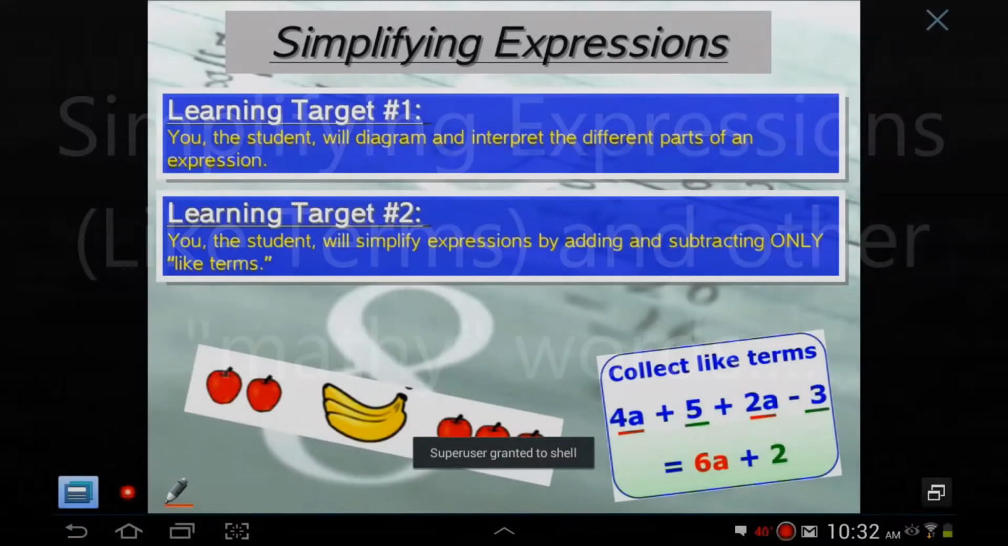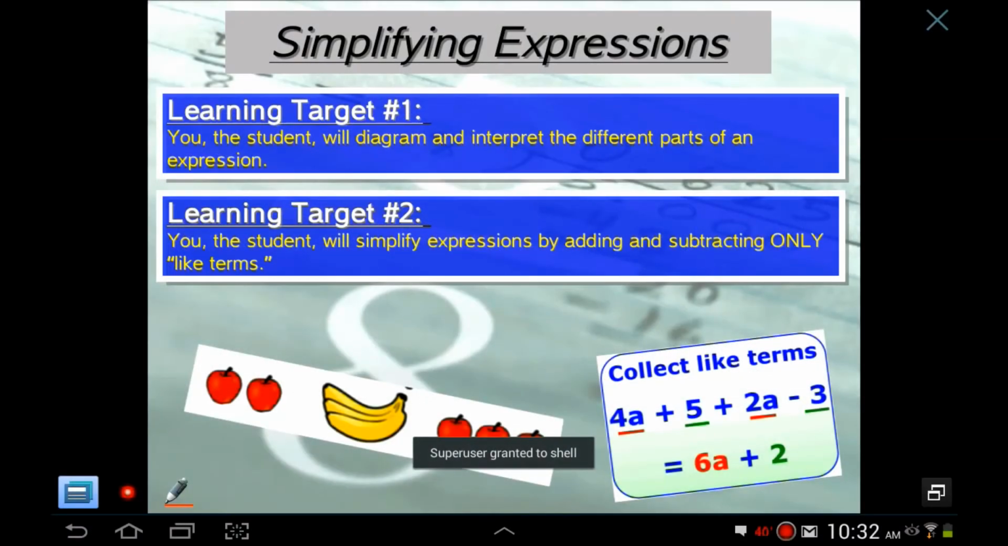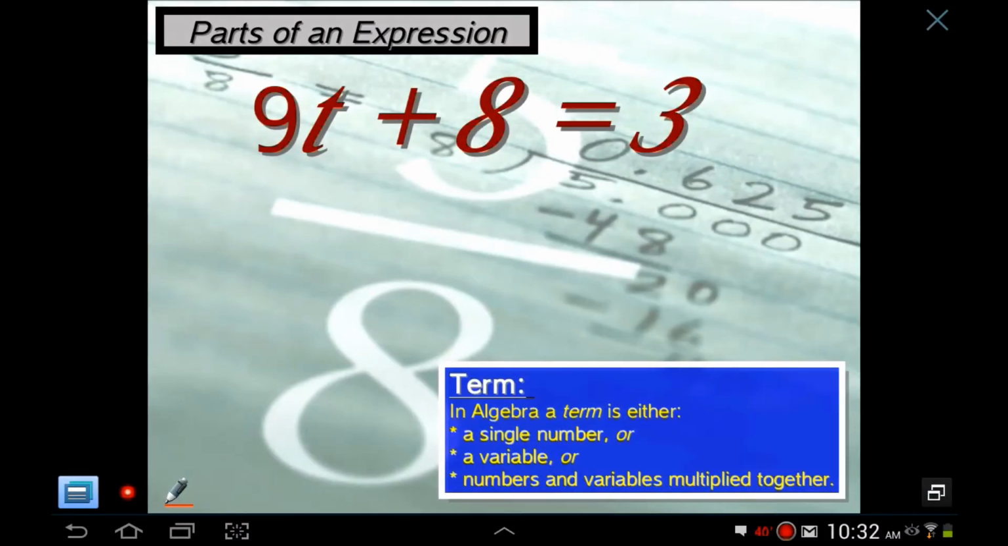Here we go with our next lesson. This one's going to be on simplifying expressions. And we've got a couple learning targets here. All right, before we get into like terms, let's talk about the parts of an expression